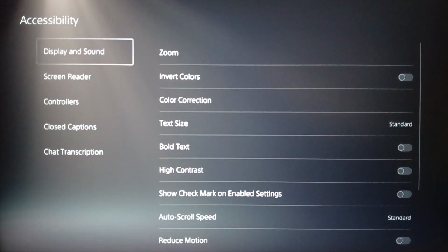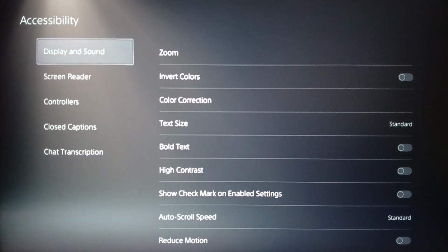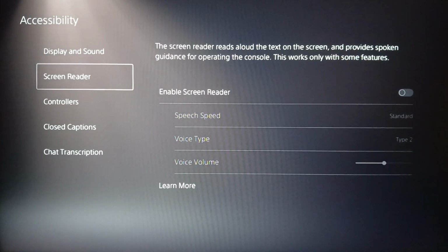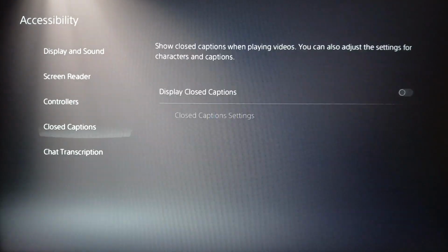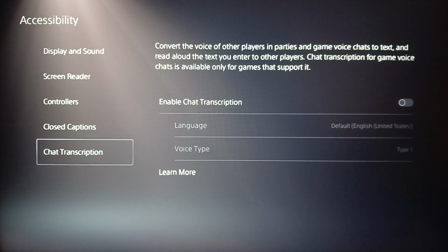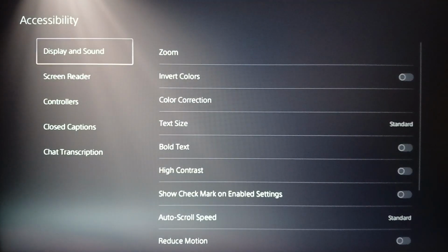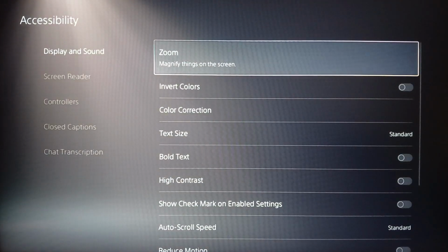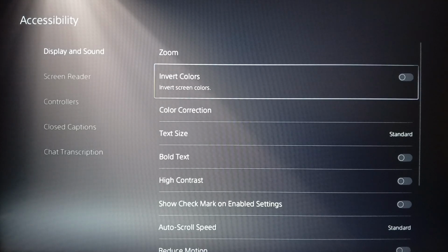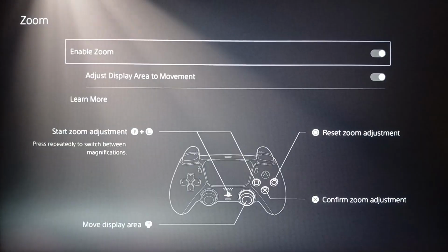And then once you do that, right here, you're gonna find display and sound, screen reader, controllers, closed caption, and here you're gonna find chat transcription. Go ahead and click on display and sound, and then right here you're gonna find zoom, invert colors, and all of these settings. Go ahead and click on zoom, and then once you do that, make sure you enable zoom,